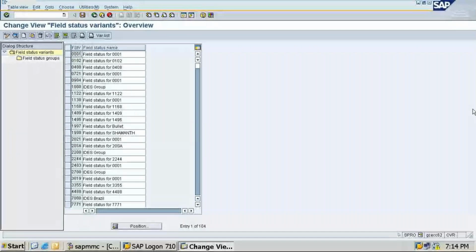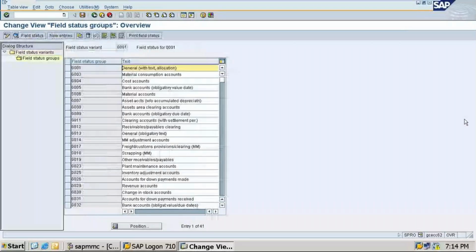That is called balance sheet and general ledgers. Now I'll show you the inbuilt one in SAP software, 0001, the inbuilt field status variant. If I click on this field status group, now you can see on the screen, students, G001 is for general with text allocation.